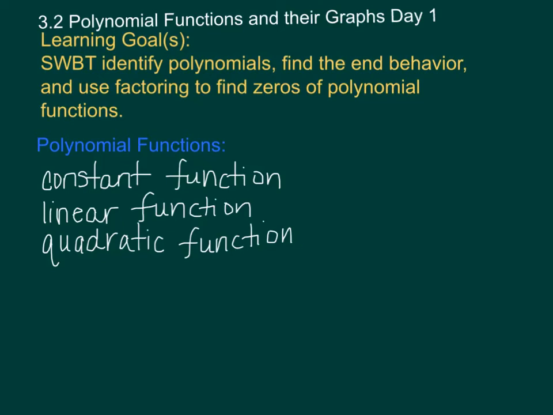3.2 Polynomial functions and their graphs, day 1. Our learning goal has changed. Now, this acronym is: students will be able to identify polynomials, find the end behavior, and use factoring to find zeros of polynomial functions. A polynomial function can be any function where your coefficients are real numbers